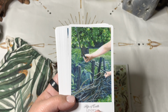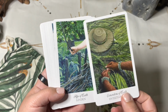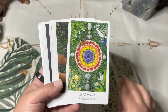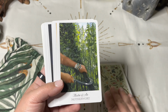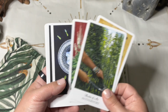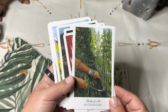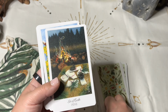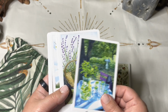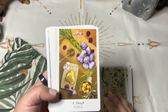And then the hijas. The hijas are pages. The curanderas are the knights. The madres, or mothers, are the queens. And then, well, of course I'm freezing. We'll come up on it in a minute. But there's another card that represents grandmothers, and they are the kings. But anyway,